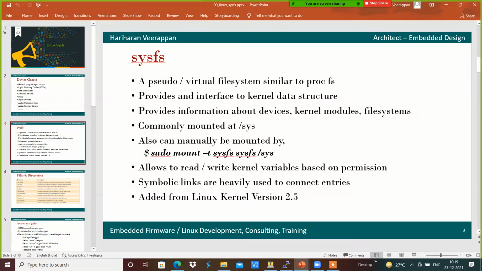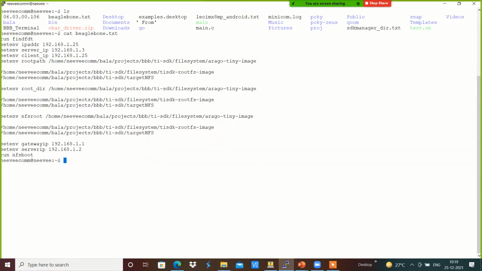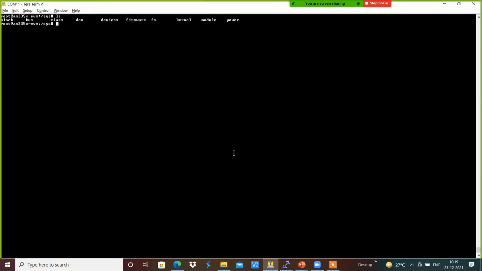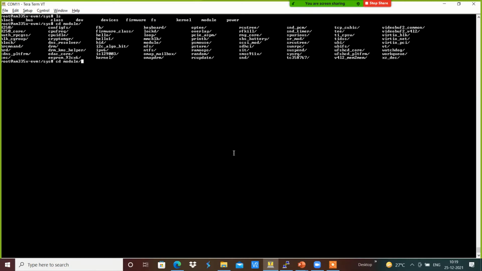For example, we will have an option something like sys module hello parameters. Here we have given read and write, read for the group and read for the user.